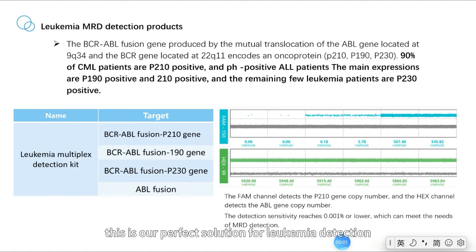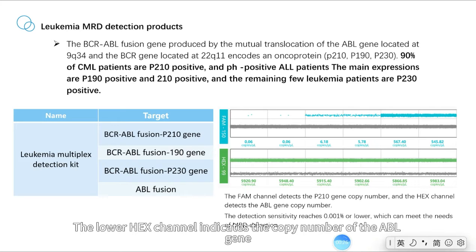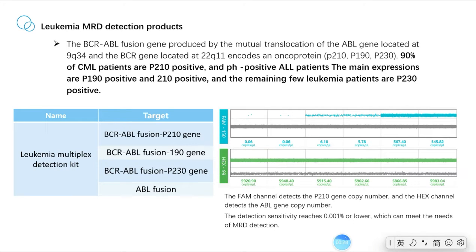This is our solution for leukemia detection. It can detect CML and other types of leukemia. At the same time, it can also complete the screening of multiple leukemias in one sample. This is the result of our CML detection. The upper FAM channel indicates the copy number of the P210 gene. The lower HEX channel indicates the copy number of the ABL gene. The detection sensitivity of this solution can reach